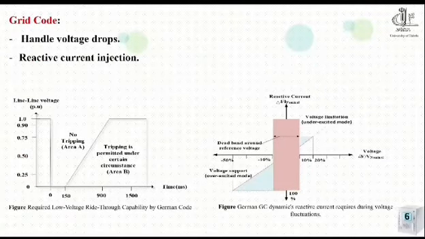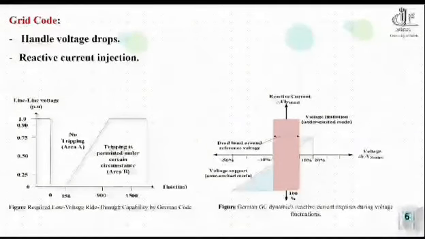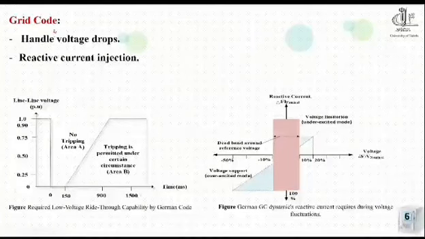Grid codes are actually a significant subject related to renewable energy sources that must be understood. Two points are very important related to grid codes. Grid codes are created to satisfy the requirements that renewable energy sources must be able to handle voltage drops of